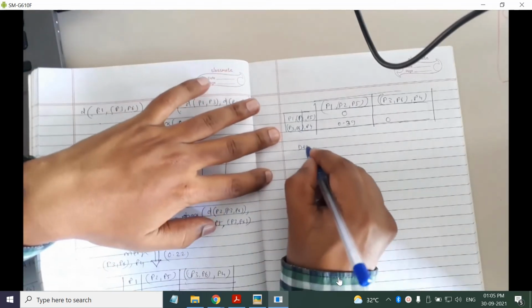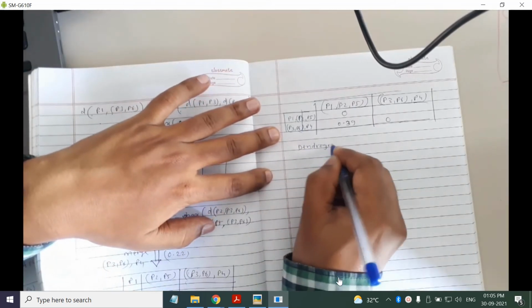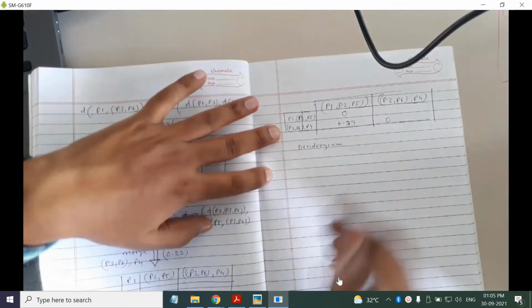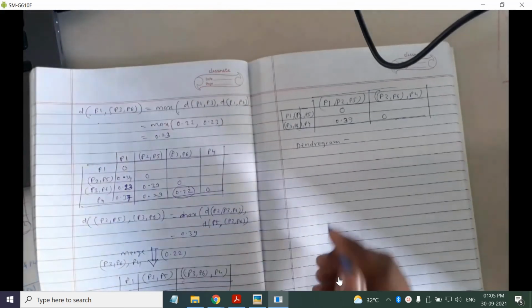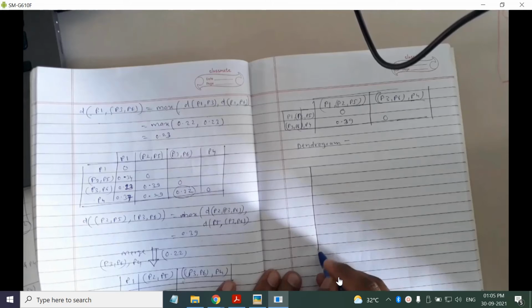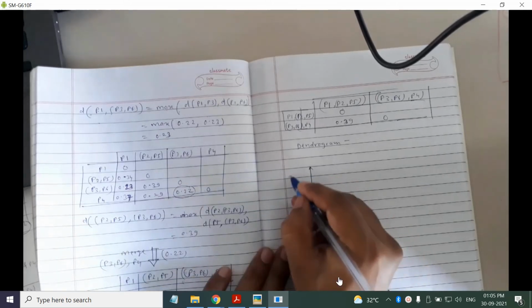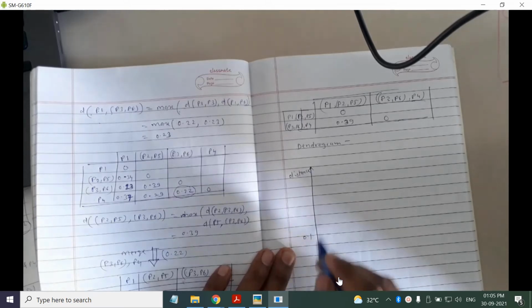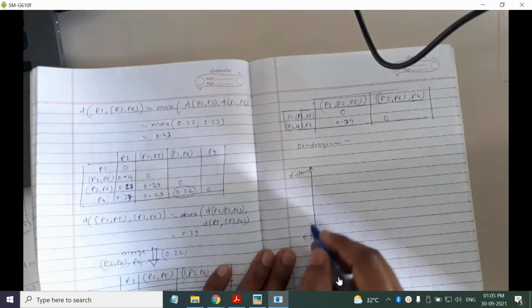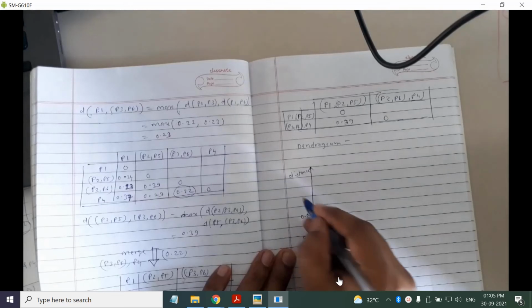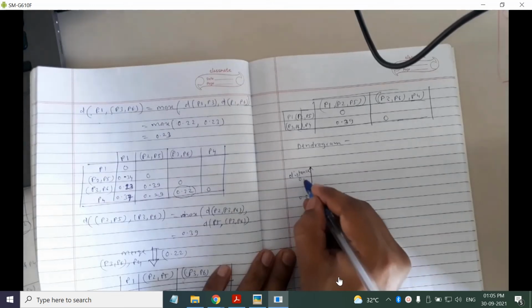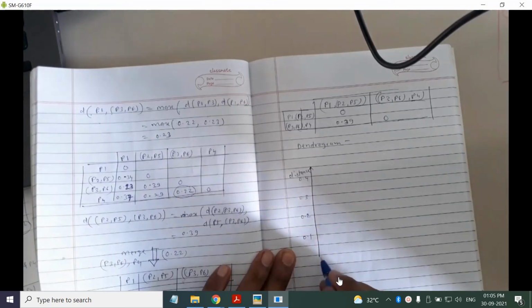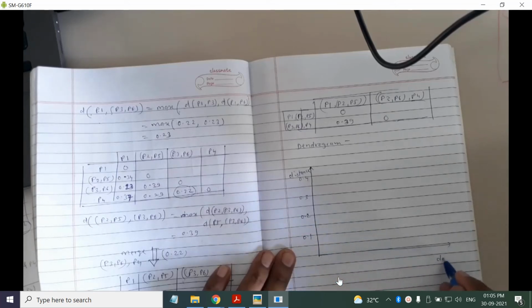Okay, so dendrogram of this clustering is, okay, so you have the distance along the y-axis. Here you have distance 0.1, देखो मैक्सिमम 0.39 है, so 0.2, 0.3, 0.4, ठीक है। और यहाँ पे अपने डेटा पॉइंट्स रहेंगे, डेटा पॉइंट्स आर P1